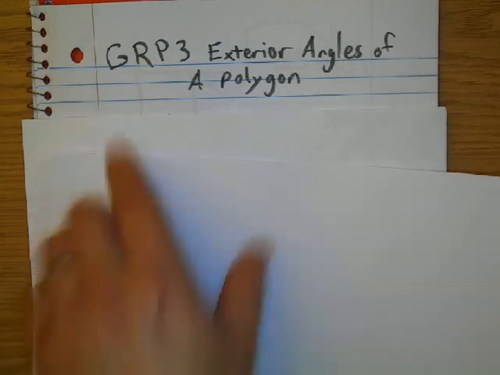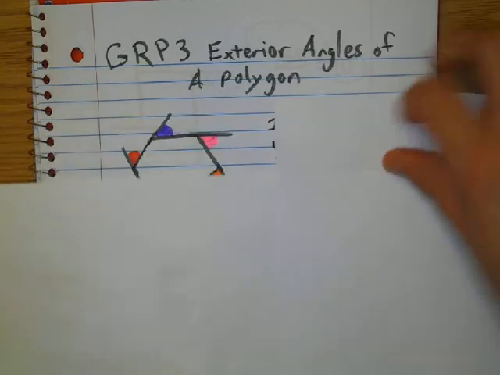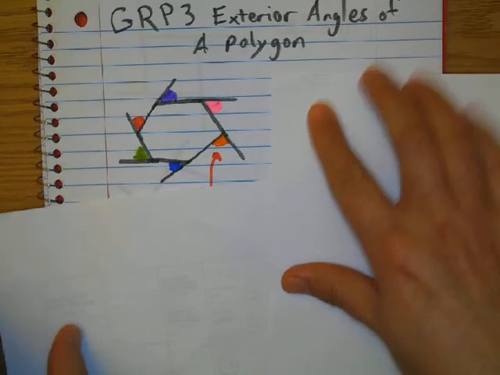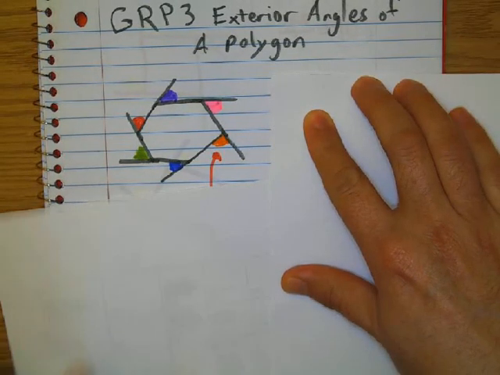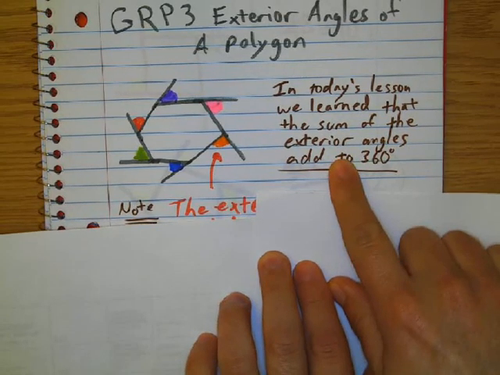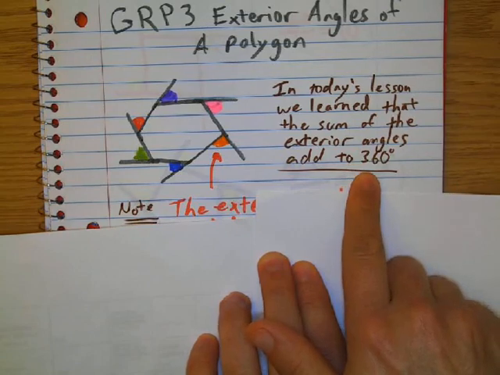Today we learned about exterior angles of a polygon. So here's a regular polygon, or maybe it's not regular, but we've got a polygon, and what we've learned is that the sum of all of these angles here add up to 360, and that's what we did in our